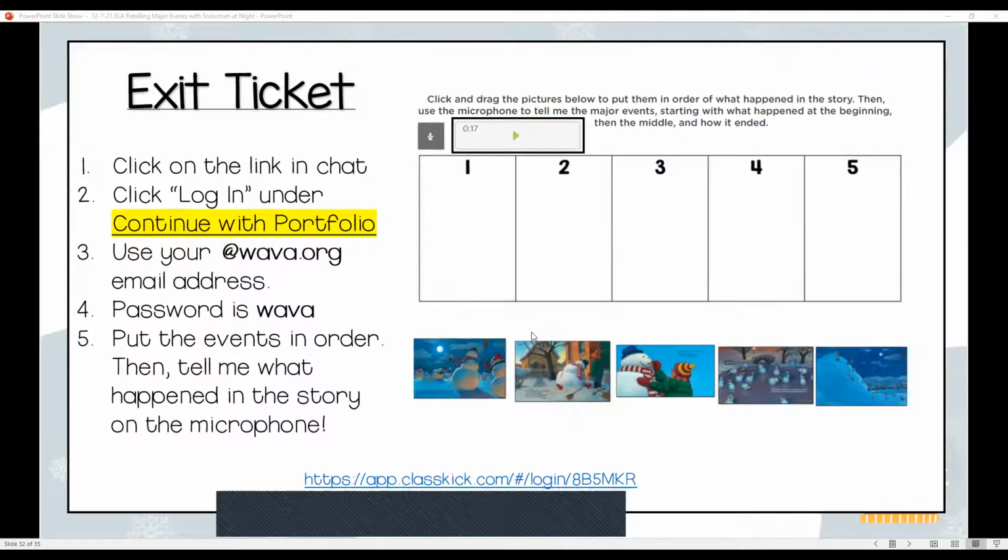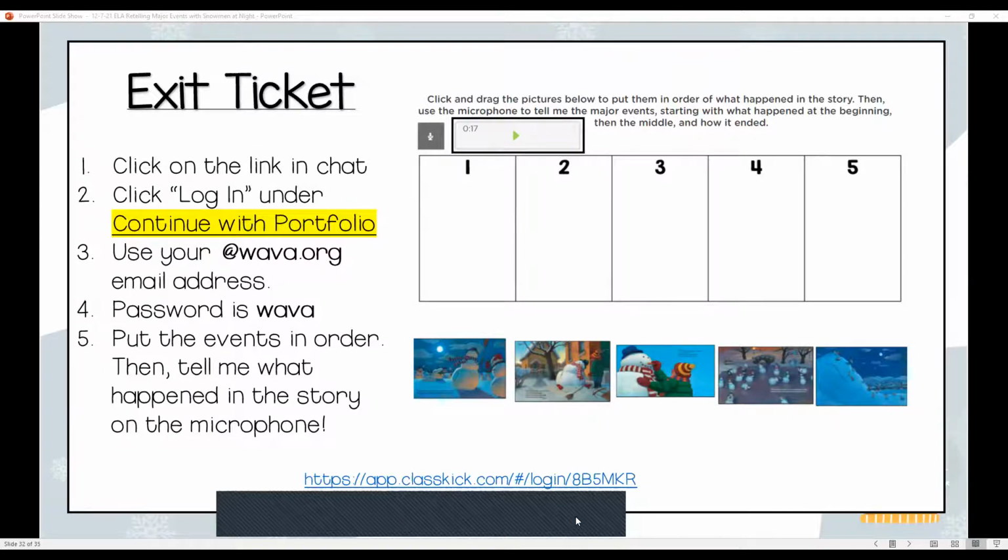You can always use the story and look back into the story because I'll be sending the slides as well with you if you're not sure. Go back in the story and take a look. So try and think about what happened at the very beginning, middle, and end, and try and put those in order.